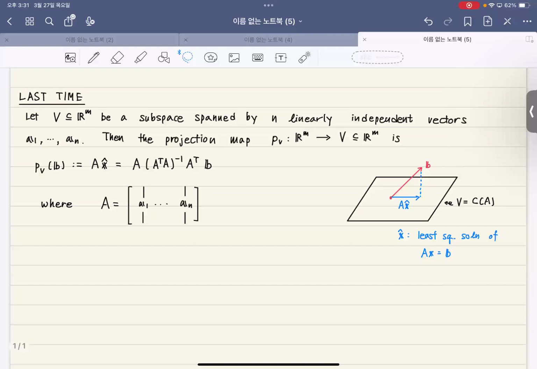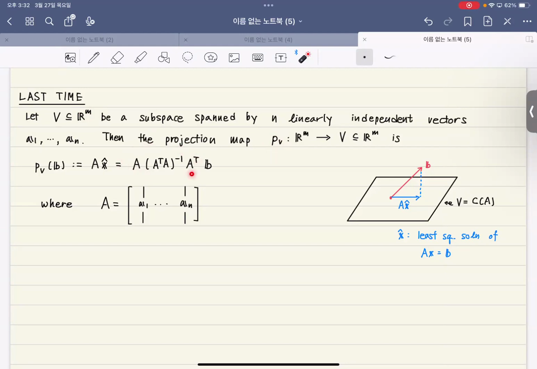So last time we talked about the projection. So what kind of projection? It goes like this. This is my vector space in Rn, and suppose that this vector space has been spanned by n linearly independent vectors A1 to An. Obviously you have to assume that n must be less than or equal to the dimension of the embedded vector space, m. So in that case, we can define the projection map PV